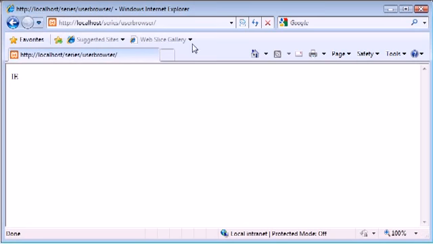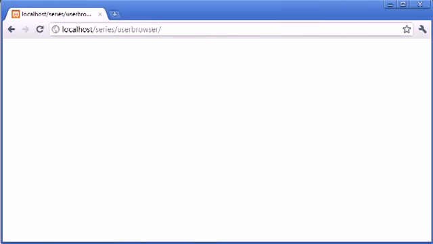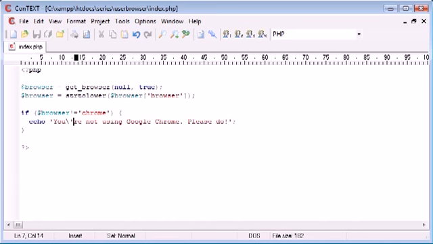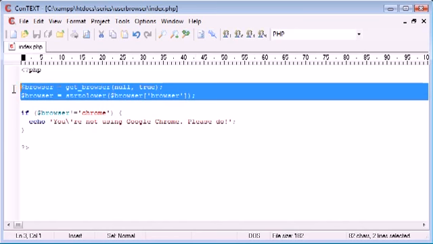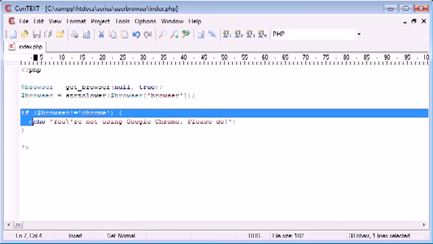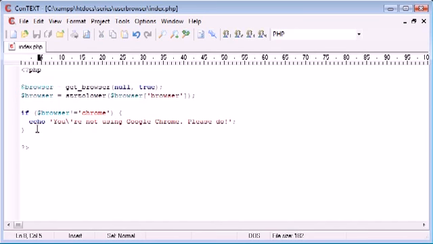And what about Internet Explorer? Let's go back and refresh and see what happens. You're not using Google Chrome, please do. So you can see how this is a really simple but effective way to detect the user's browser first of all, and I'm going to leave it up to you guys to play around with this and do whatever you want with it basically. You can either tell the user what browser they're using,